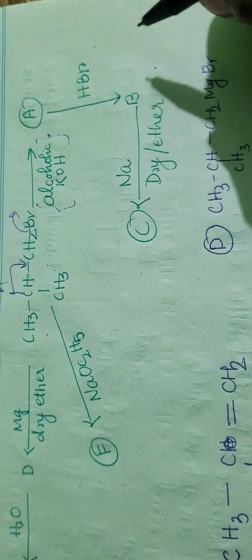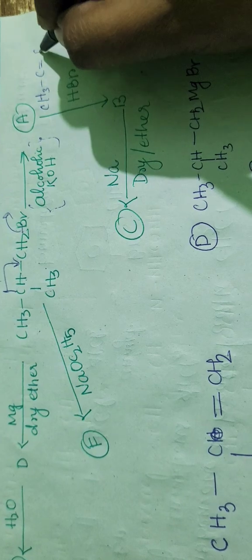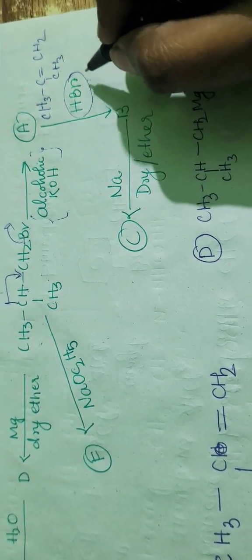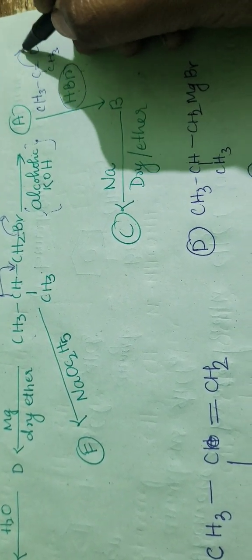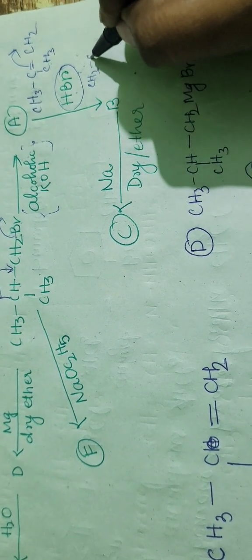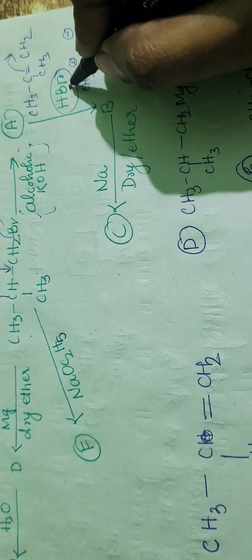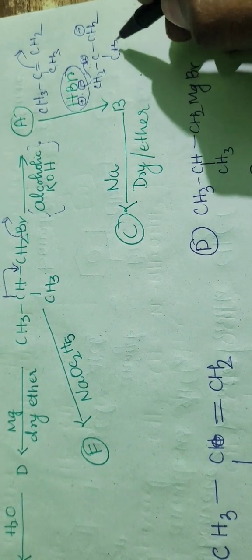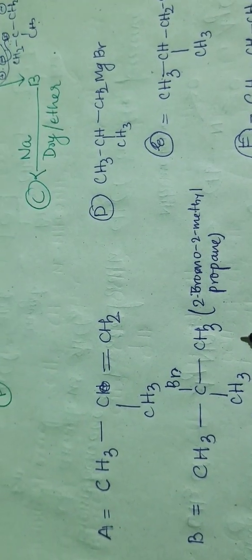Okay, then in the next step, once you get this A as the product, that means you will have the product as CH3 C double bond CH2, and here you have CH3, right? Now here you have HBr. Now it is a plain HBr, right? Hydrogen bromide. So in this case what will happen, if you move this bond this side, you will have CH3 C plus CH2 minus, and here you have CH3. Now this bromine being negatively charged, this hydrogen positively charged, this bromine will attack this carbocation, being very stable. You know it is a 3-degree carbocation, and this hydrogen will be placed here. As a result, you will get the 2-bromo 2-methyl propane.